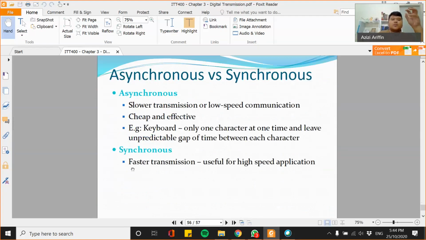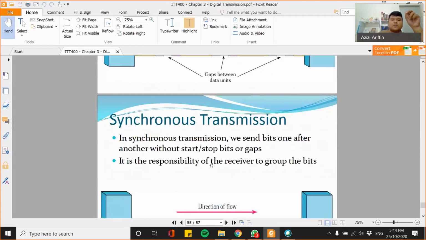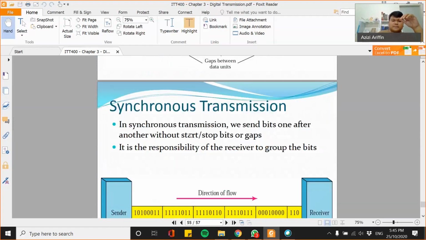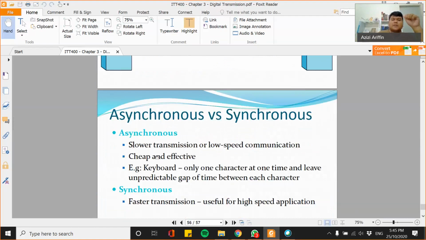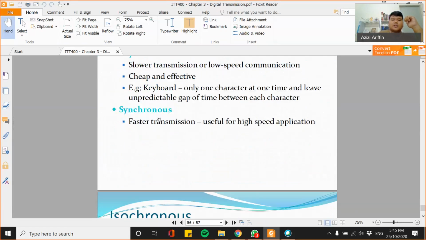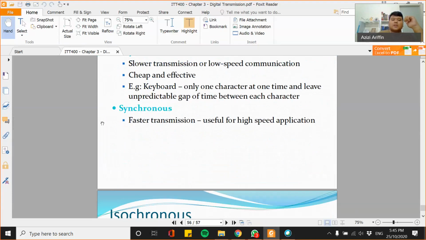So in asynchronous we have slower because of course the slower pasal dia ada gap ni. Dan even dia nak hantar tu pun dia kena send dulu kosong. Baru hantar data, baru tu nak stop, dia hantar satu dulu. So nampak tak? Untuk hantar 1, 2, 3, 4, 5, 6, 7, 8 bit of data ni, dia kena send additional 2 bit kan? Nampak? Slower but cheap and effective. So example is keyboard. Okay, but for synchronous, of course, it is faster transmission and usually useful for high speed